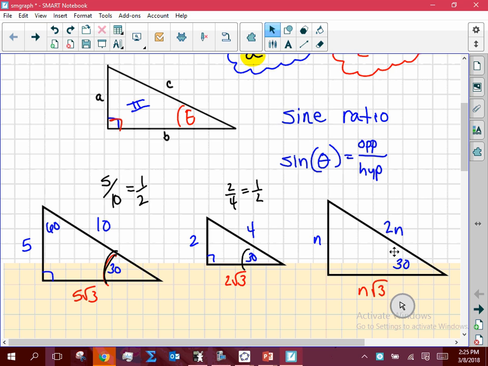1 over 2. Okay, look at this one. Opposite side of 30, hypotenuse is 2n. So those n's cancel out and leaves me 1 over 2. Okay, so what we're seeing here, hopefully you see, with just a few examples and then the general case, that